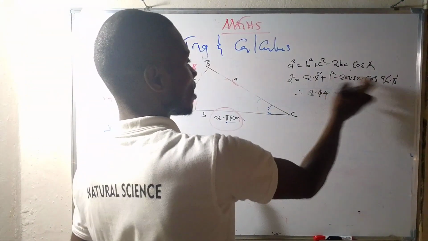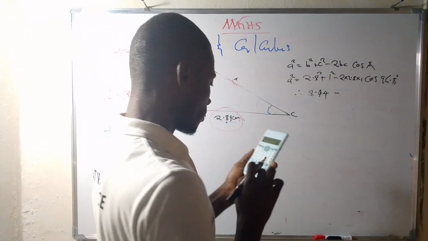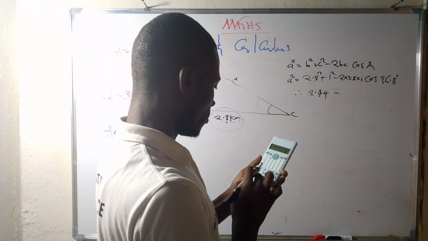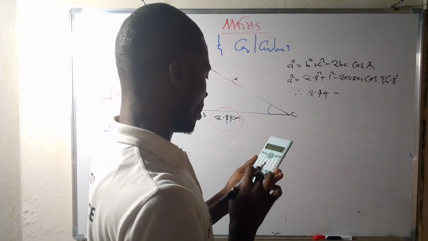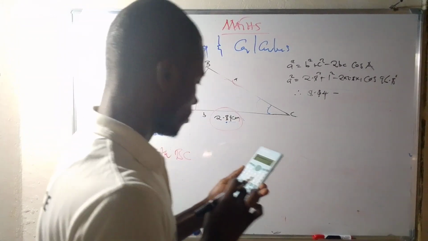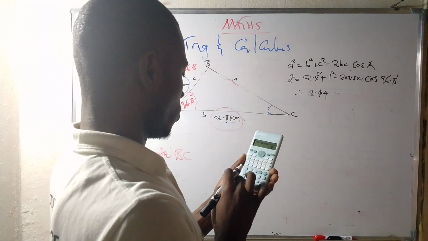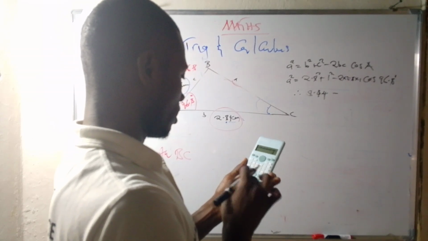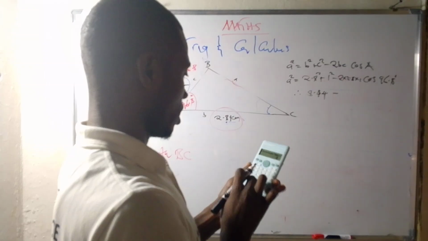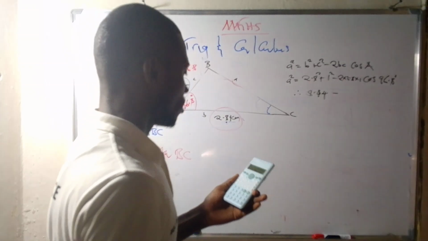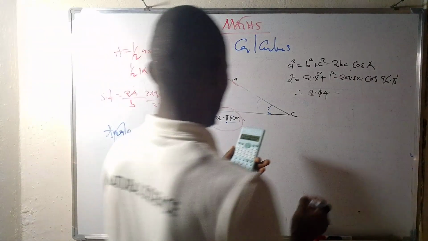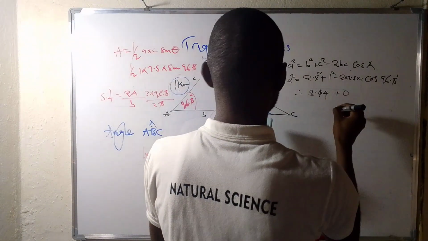So negative 2 times 2.8 times 1 times cos 96.8. So the answer which I'm getting is something like a positive